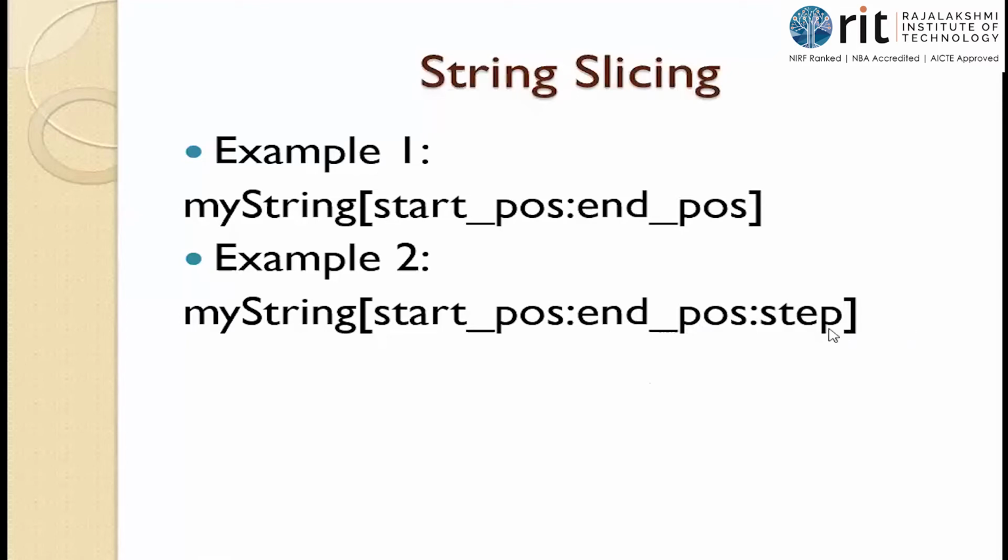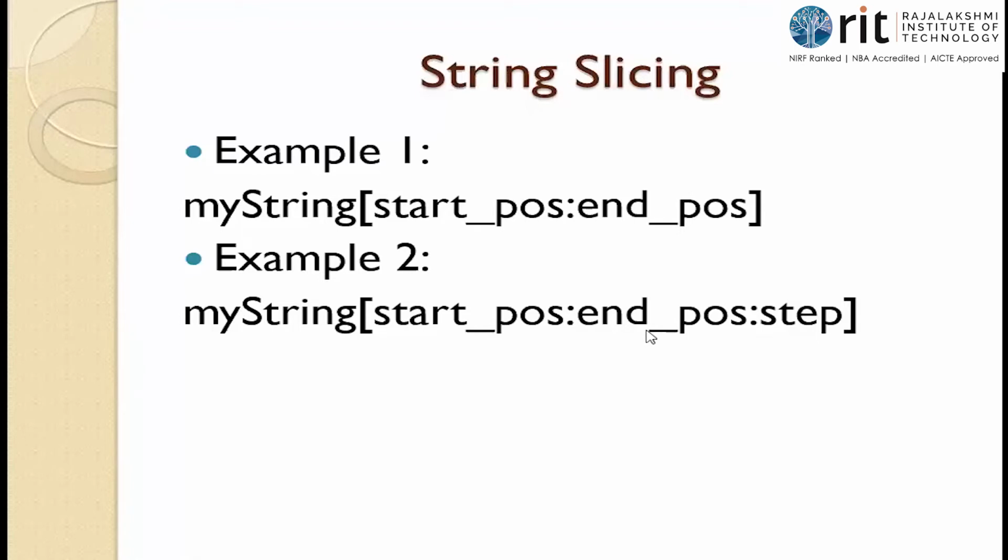அதுக்கப்புறம் கோலனுக்கு அப்புறம் என்ன இருக்கு? ஸ்டெப் இருக்கு. ஸ்டெப்னா என்னது? நீங்க ஸ்டெப் கொடுக்கலாம், கொடுக்காம போலாம். It is optional. நீங்க ஸ்டெப் கொடுக்கல, if you are ignoring the step, the default step here is 1. Range function என்ன கொடுத்திருப்பேன்னா கமா கொடுத்திருப்பேன், அது round brackets இருக்கும். சரியா? It is a range function. Here it is the slicing operation being done. Here you should use colon, not comma. But all the logic is the same in both range as well as in slicing.